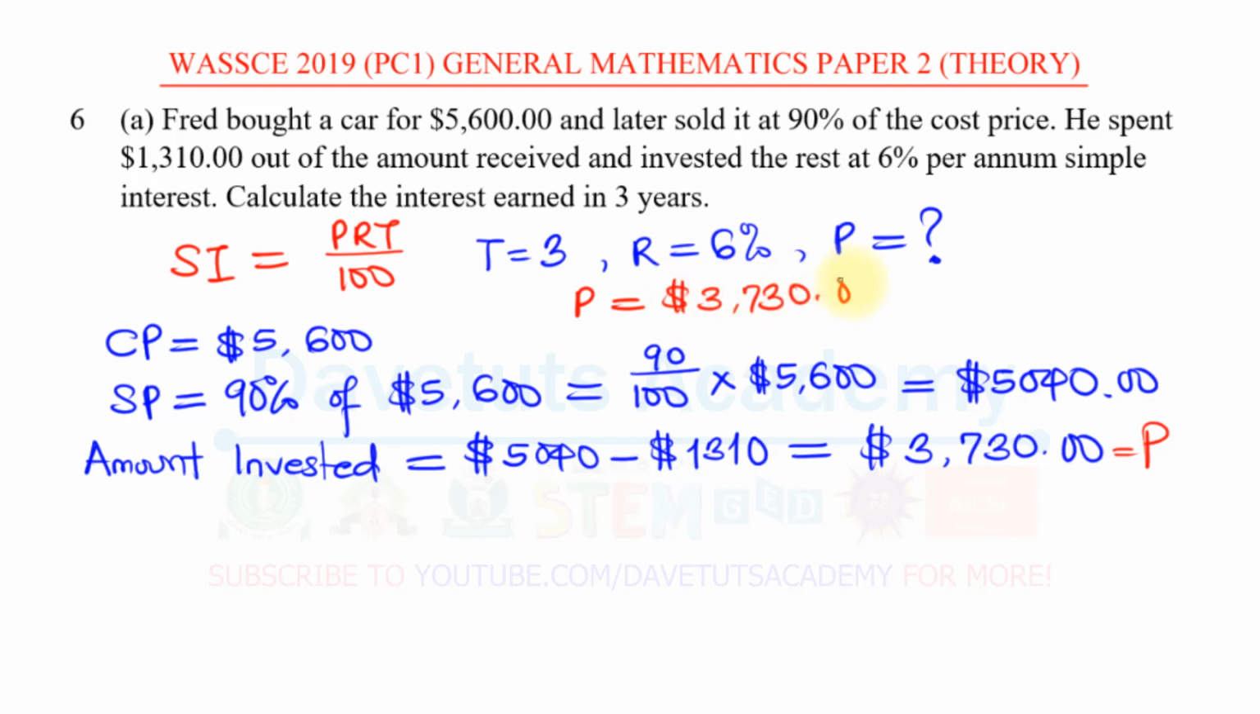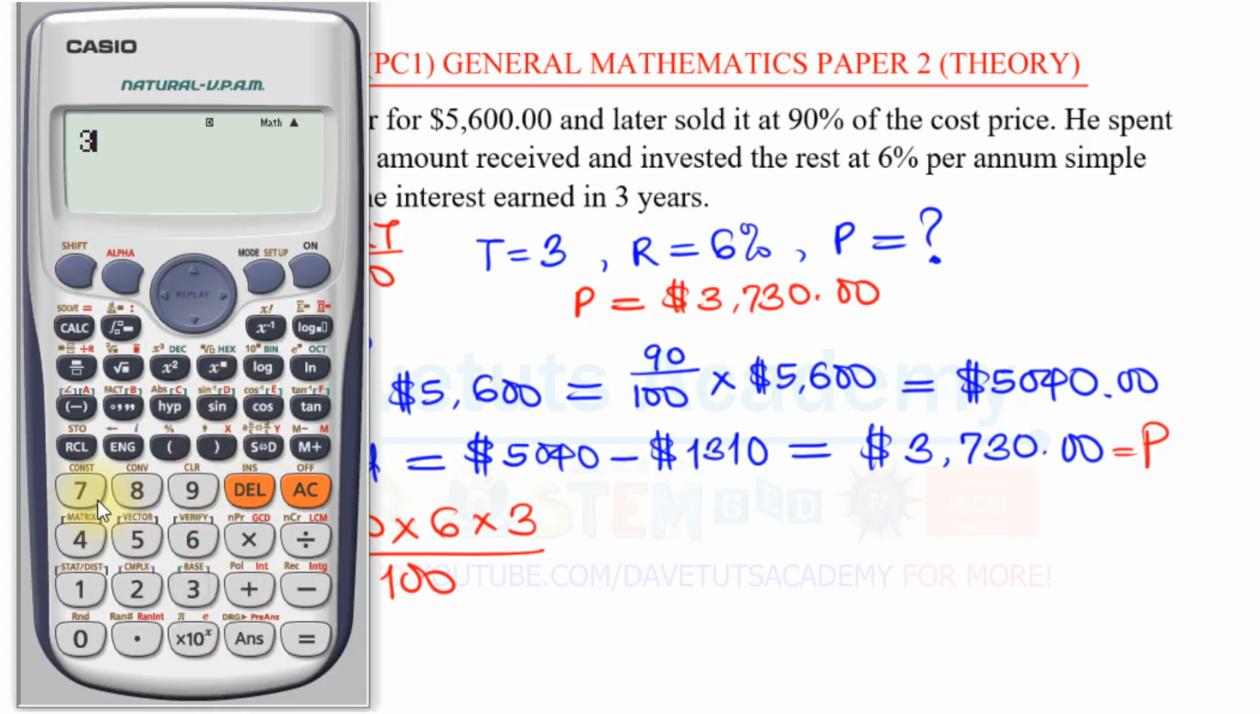$3,730. Then we can find the simple interest to be the principal, which is 3730, times the rate, that's 6, multiplied by the time, that is 3, and we can divide by 100. So this is what we need to input into our calculator. 3730 times 6 times 3 divided by 100. So we have it, 3730 times 6 times 3 divided by 100. So that is